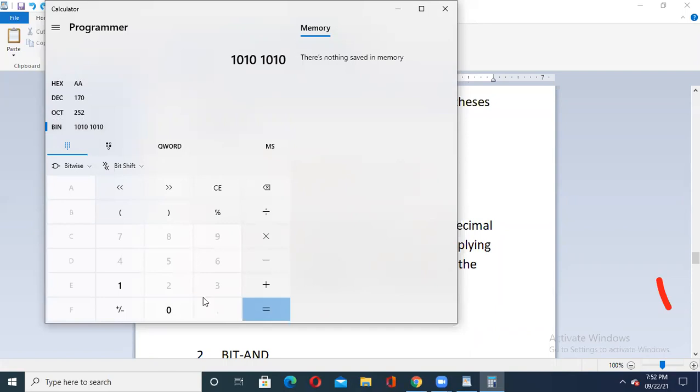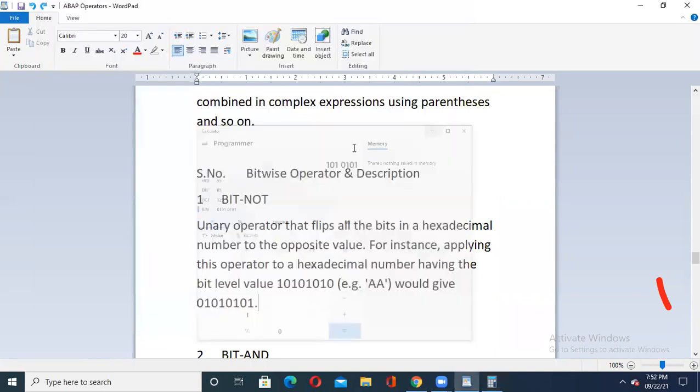So what it is saying: 0 1, then again 0 1, next value again 0 1, again 0 1. Now it is 4 times we have done: 1 2 3 4 5 6 7. One more is left, so the last value was 0. I'll put it here. So this is the result we are getting as a part of this not operator.